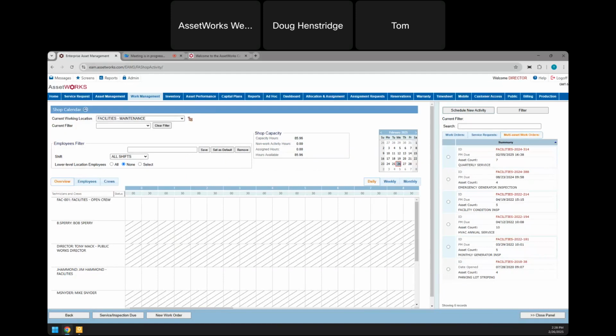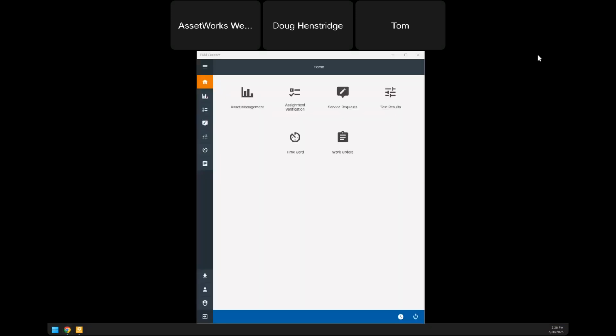So all of these different things that we're going through all relate to assigning work, which ultimately sends a push notification to the Connect mobile app. So the mobile app is what the technicians are going to use to perform their work. They're going to get a push notification to the device, letting them know they've been assigned one or multiple other